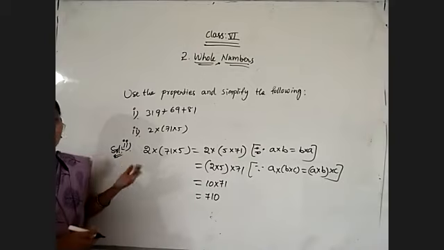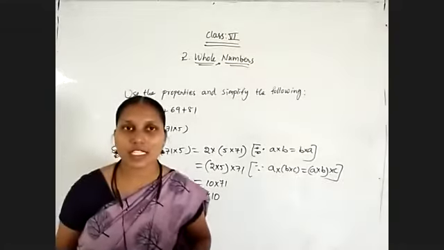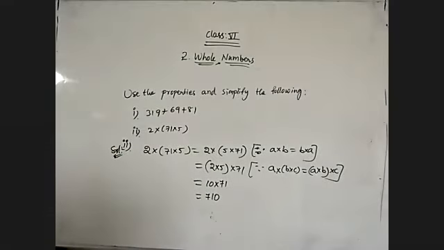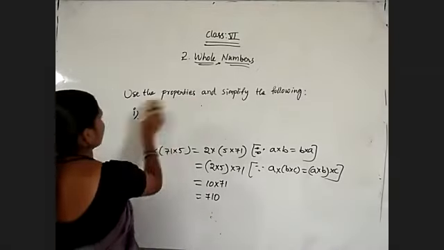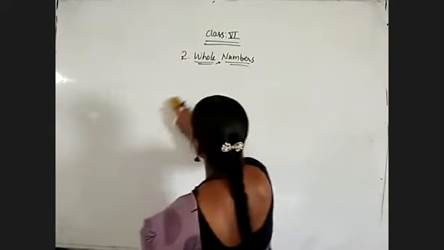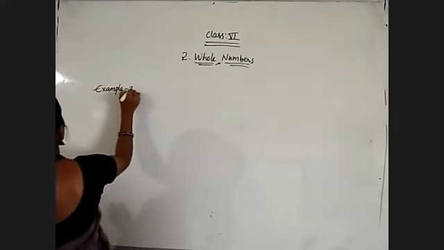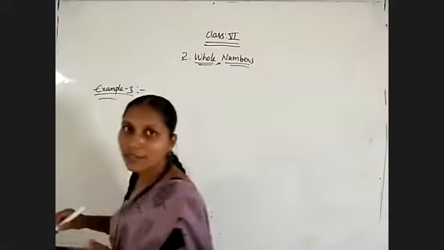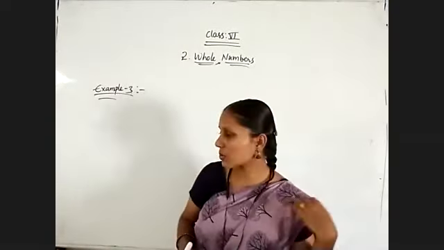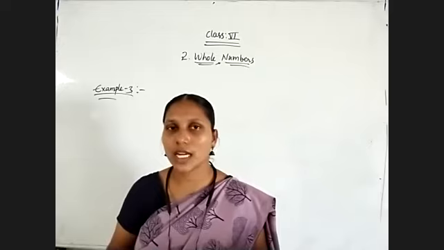Some of the exercise problems are there, we will do. And after this, some examples are given for the distributive property also. So my third example is for use of the distributive property. Tomorrow we will study exercise problems. Previously, whatever we have done, all those problems are explained. So for better understanding, after this we will go through the exercise.